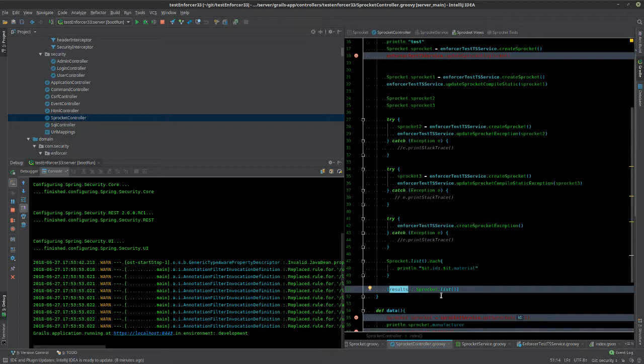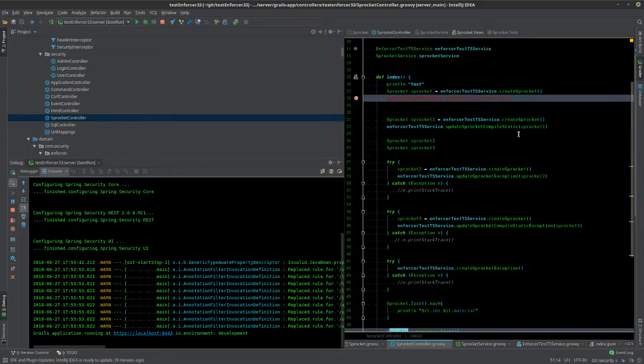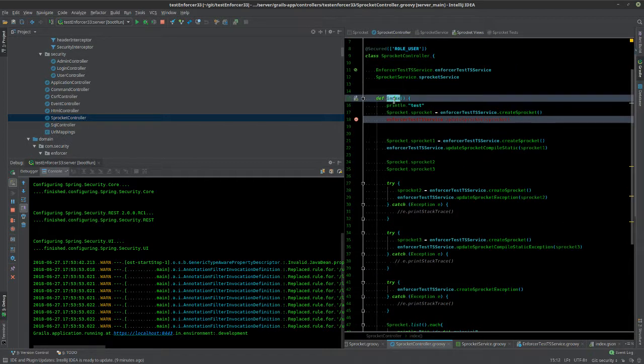You can say render this specific template, and it'll render whichever one you want, which can be useful if you don't want it to go by the convention of whatever your method is. This is the index one, which will go to the index view by default. So very similar conventions as the GSPs.